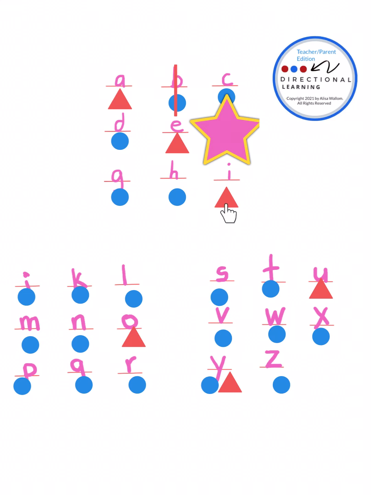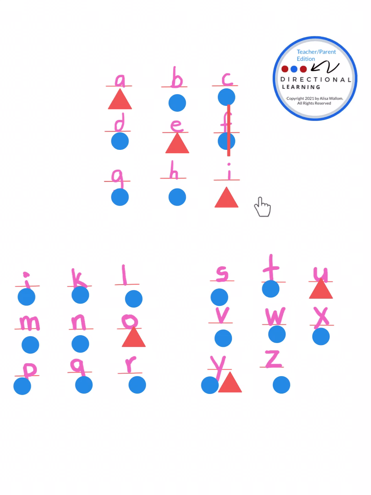So I'll take them to this red letter here and I'll say, now look here. Do you notice that there is nobody next door on the 3 side? Well, guess what sound it gets to make? When there's no blue fly next door, it gets to scream its letter name. Letter name is I. So you want to bring the long stick over and have them scream